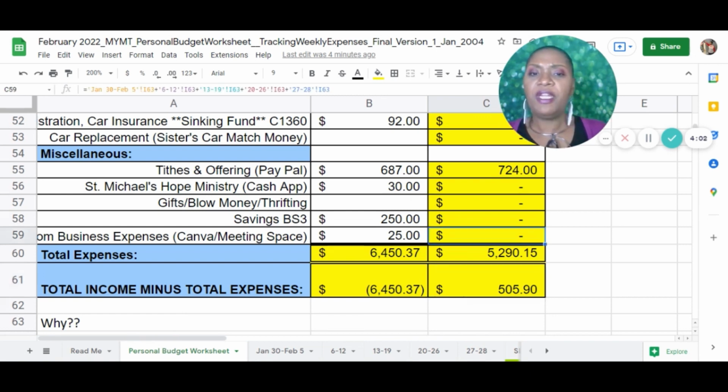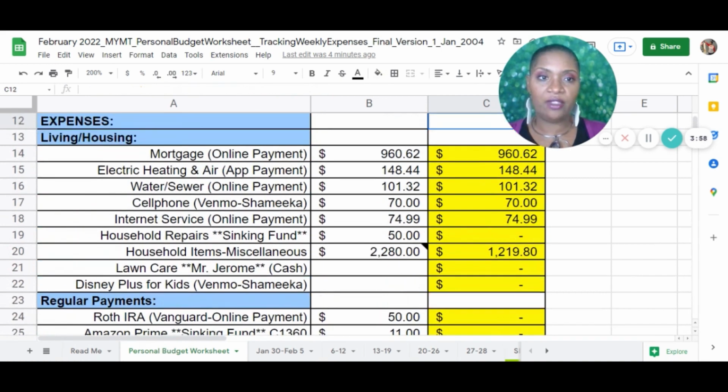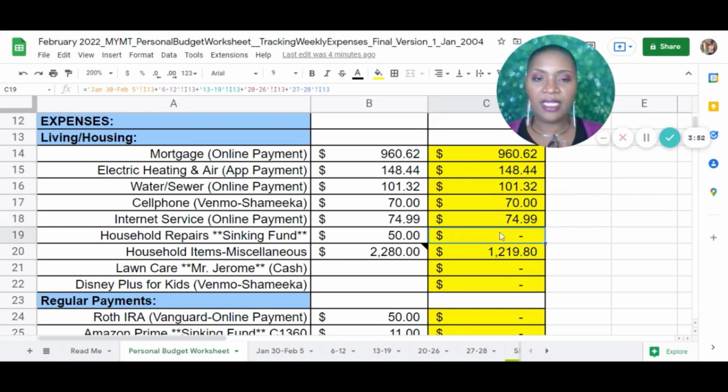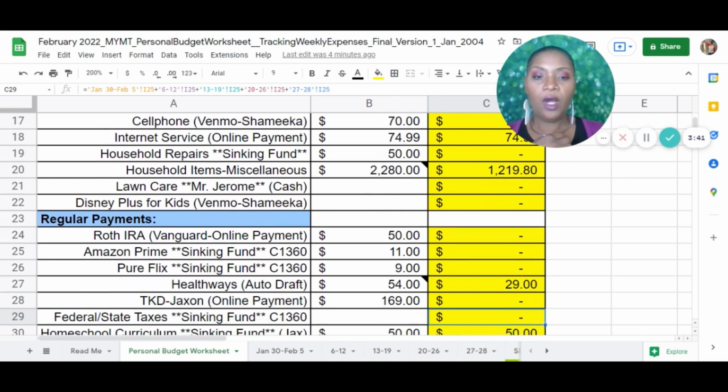Worked out fine. But if I go back up and look at some things that I have not done just yet, just to talk about the things that have not been done as of yet. I have not done anything in any sinking fund. So my household repairs fund is not done. My Roth is not done. Amazon Prime, which is a new category, is not done. PureFlix is not done. Oh, I did pay Jackson's tuition, it came out for his